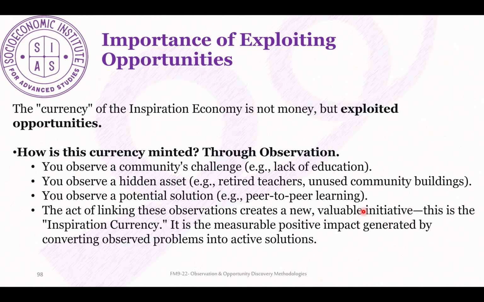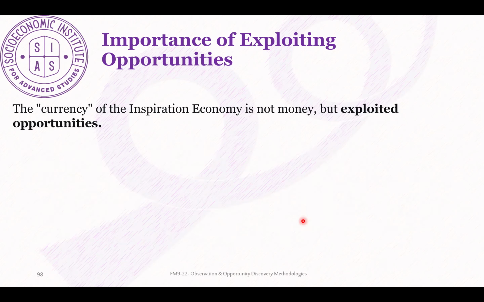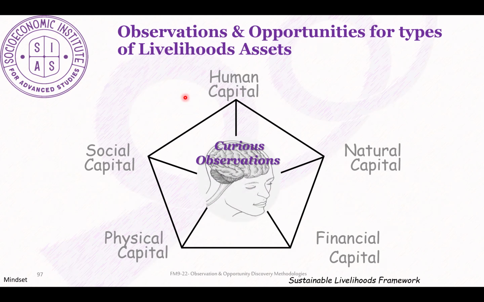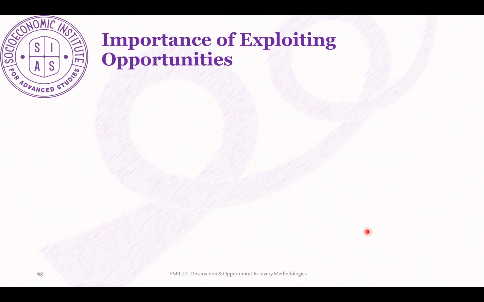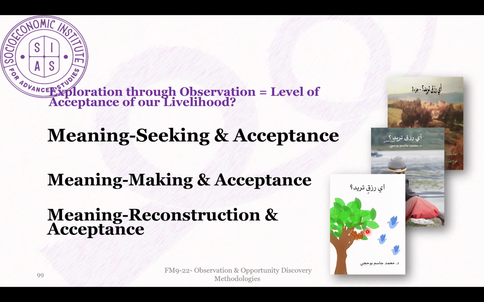This is, for example, where the inspiration currency is done. Once we see that there is a lack of education in the city or the country or in the community, and we see that there are available assets, we start to link the assets. And this is what we were saying here. You've seen the human capital. You've seen there is actually physical capital within the community: buildings, schools, whatever is not utilized, and so on. And you've seen the social capital. So you reduce the role of financial capital to the minimum, and this makes your story a successful story.